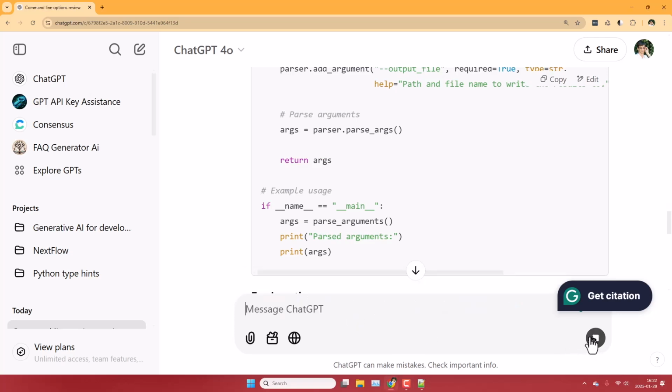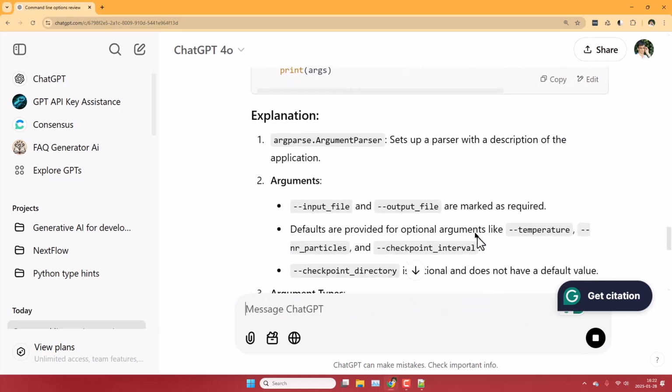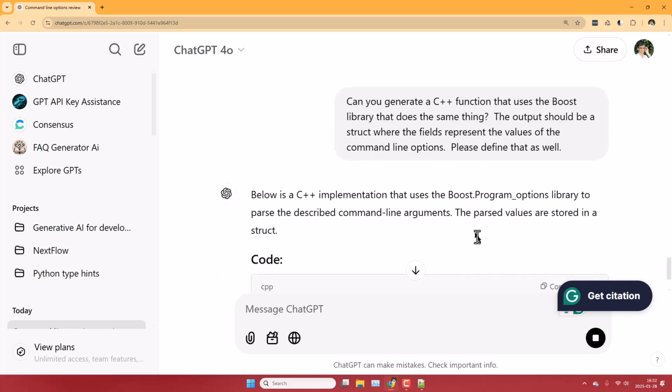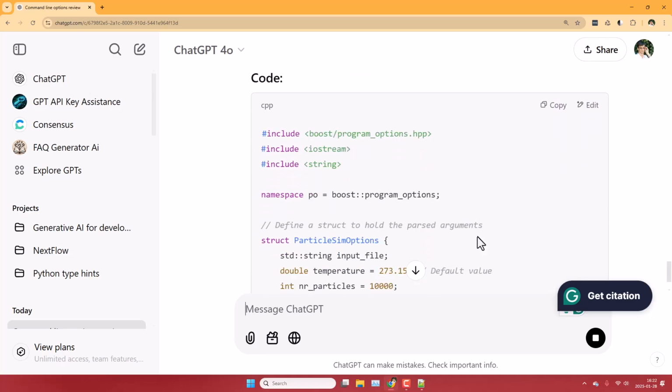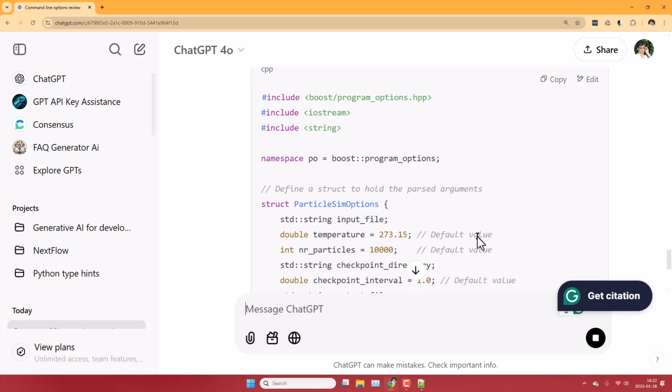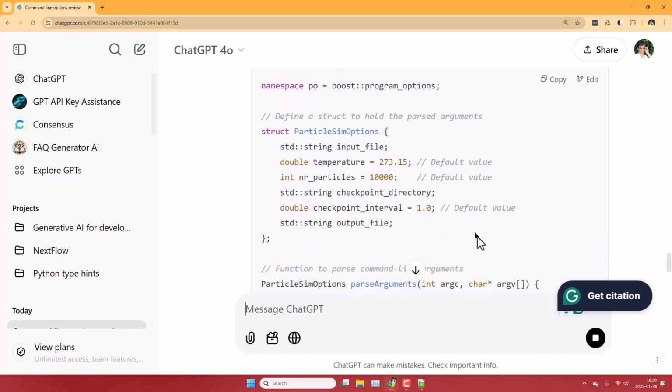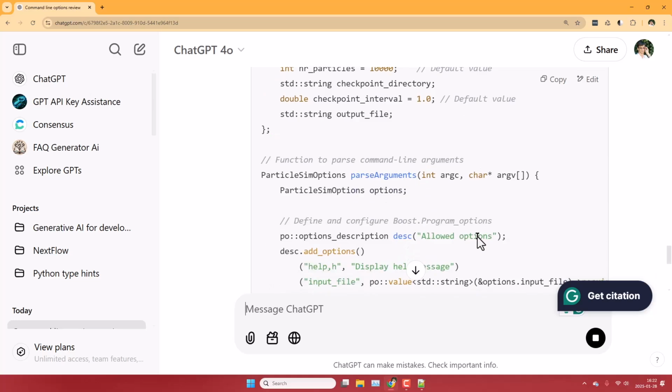When we submit this query, you see that indeed we get code. The Boost library is included, program_options.hpp, that's perfect. It defines a namespace, which is indeed good practice. It also defines a struct that can hold our values. Again, note that both the type of the command line arguments as well as the default values have been captured correctly. Then it continues to